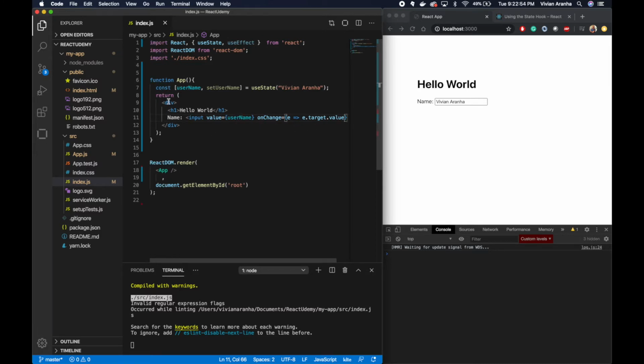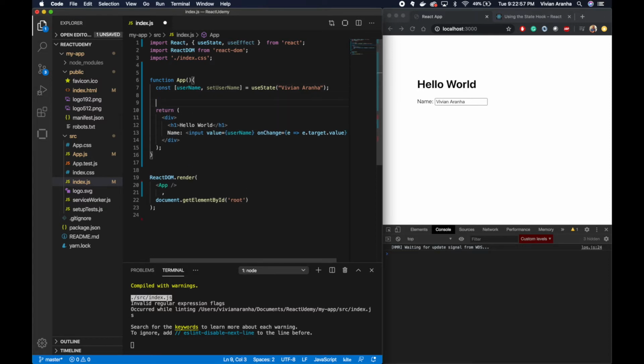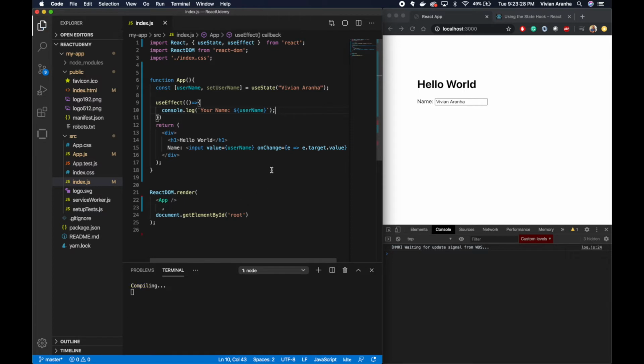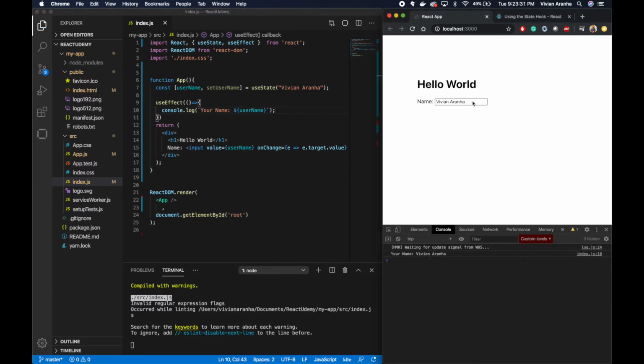This is the value that changes. Now if I use useEffect with this, what I want to do is display a console.log, and inside this I can give my username, let's say "your name", dollar, bracket, username. Save it. Now it says Vivin Arana, and if I keep on changing this,